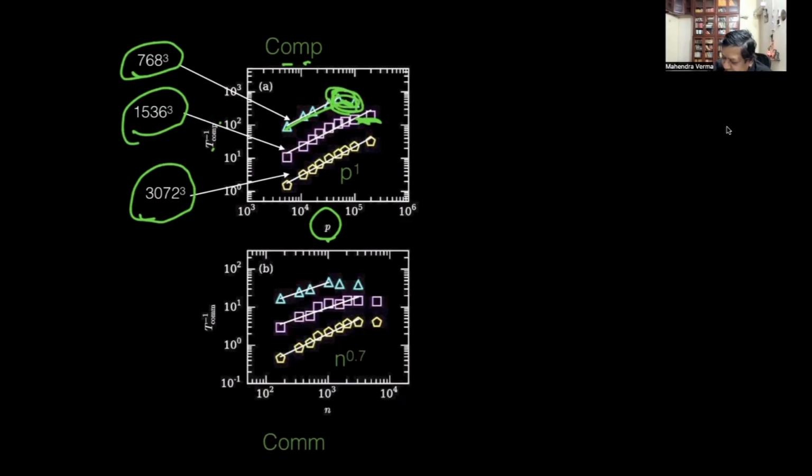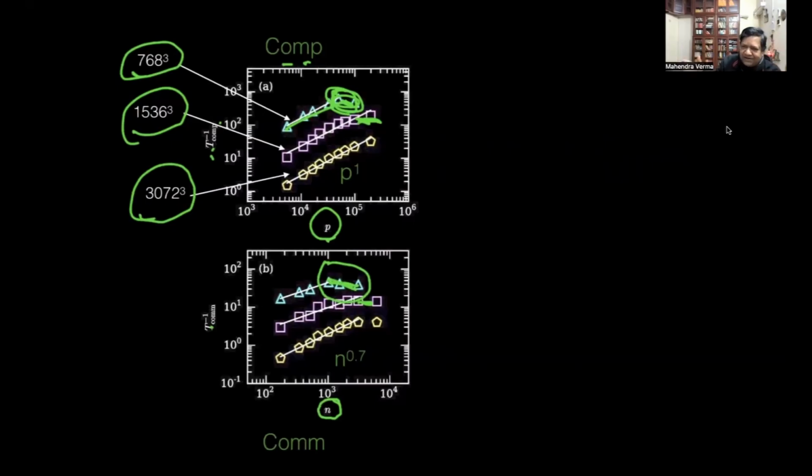Now this is for computation. Now communication with the number of nodes, where n is the number of nodes. Here again, it kind of flattens. This is because the data packet is also too tiny. If you have one letter each, and you send one letter each through a railway, it's not efficient.